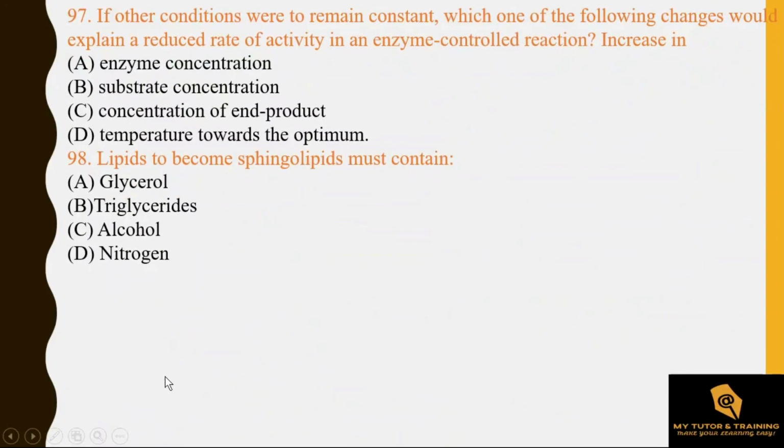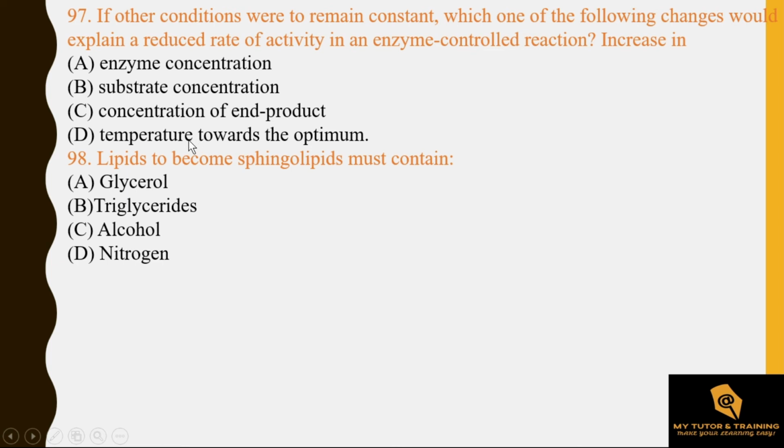Good. Let me turn to question number 97. If other condition were to remain constant, which one of the following change would explain a reduced rate of activity in an enzyme control reaction? Increase in A. Enzyme concentration, B. Substrate concentration, C. Concentrations of end product, D. Temperature toward the optimum. So the correct answer is, in this case, choice C, concentrations of